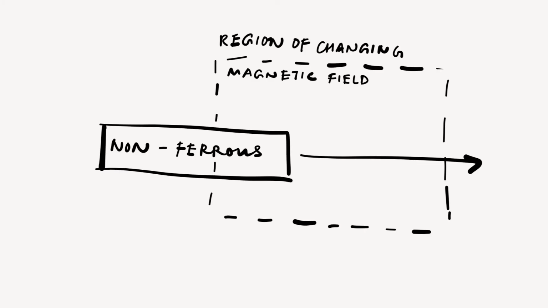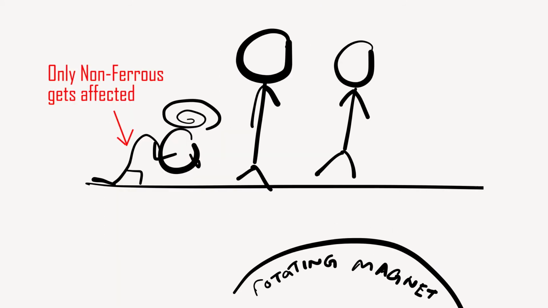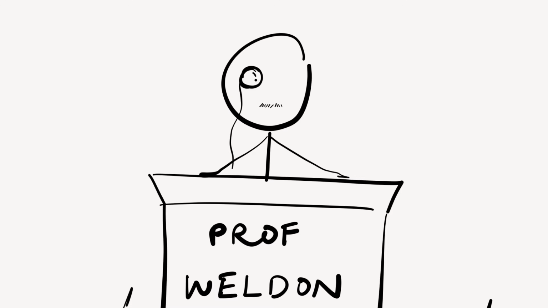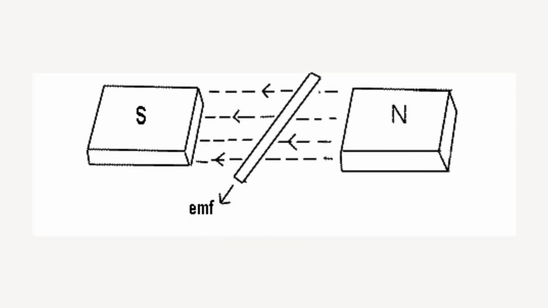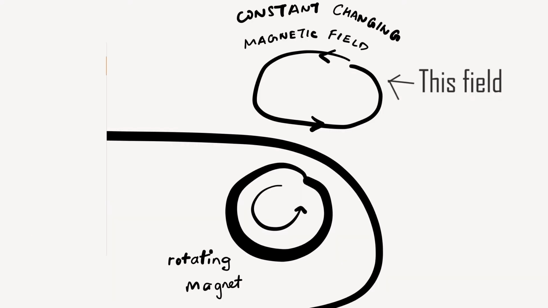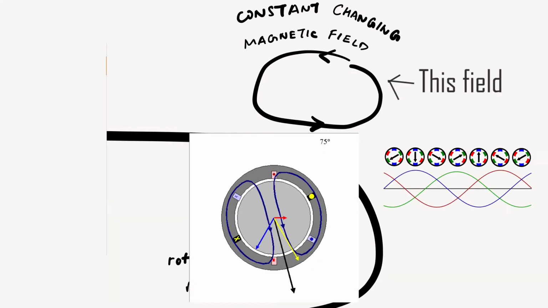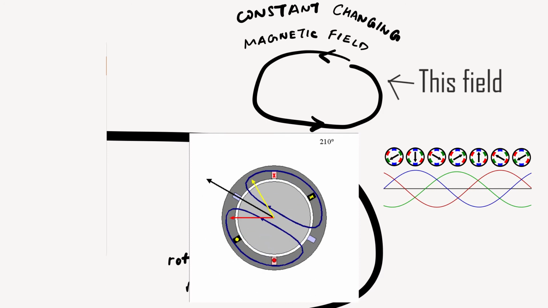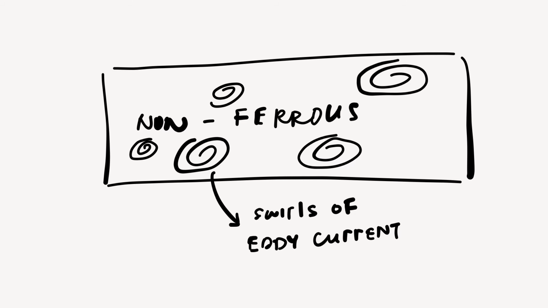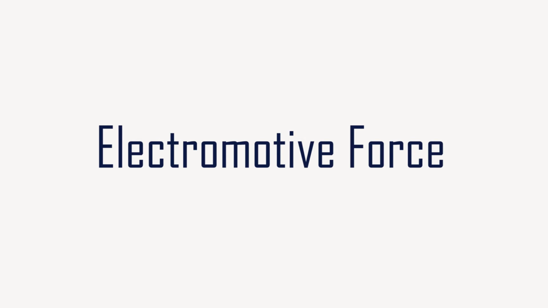For example, when the male approaches the female at a velocity, they will pass through the field. While passing through, the first type of guy will experience funny feelings that cause his mind to swirl around, while the others are immune to it. Back to reality. This happens due to Faraday's law of induction. When a conductor passes through the changing magnetic field created by the fast rotating magnet that plays under the conveyor belt, it will change the magnetic flux that results in eddy current created in the material itself, thus producing electromotive force, which we normally call EMF.